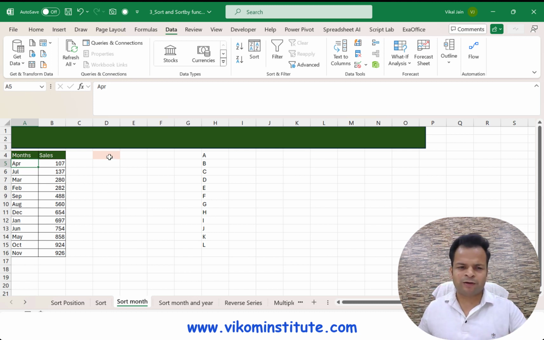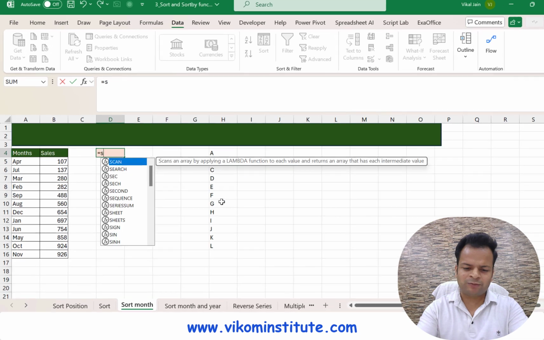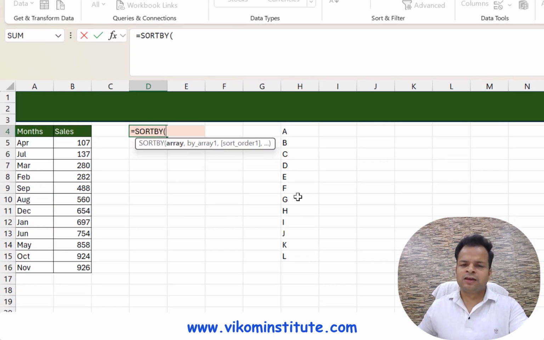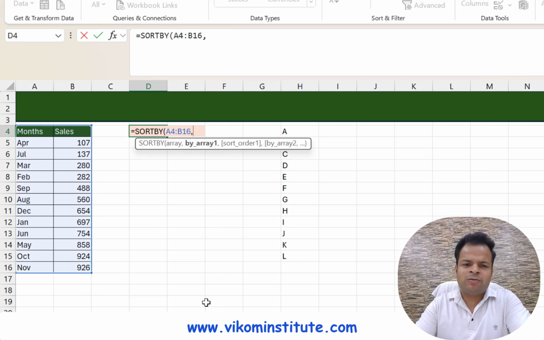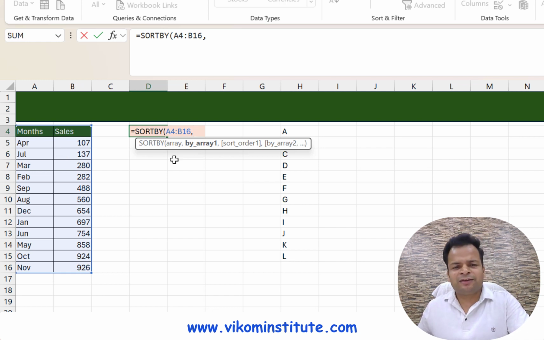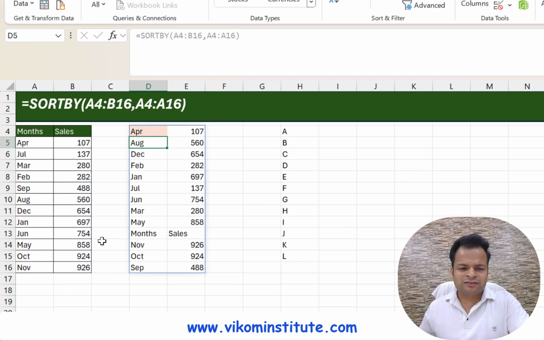Let's try to use sort by and check whether it is working or not. So I'm going to use sort by. Now it is giving me array. Array means your data, so I'm selecting it. Locking is your choice, so I'm not locking it, comma, and by array is, let's say, the month. Again I'm taking the header, so it is going to sort my header also. So you will see the result. That's how it is going to provide the result, but I don't want my header.